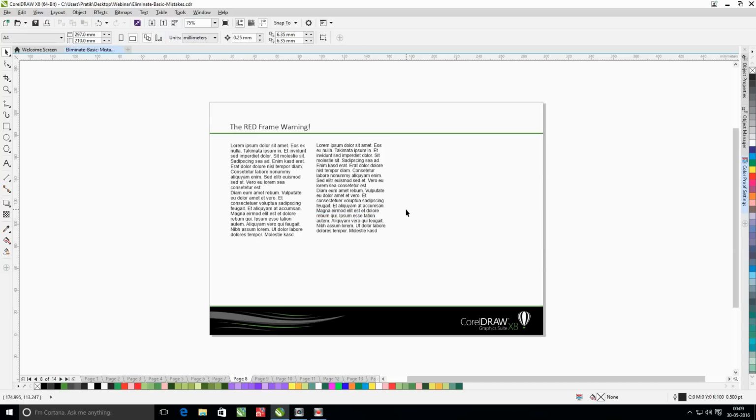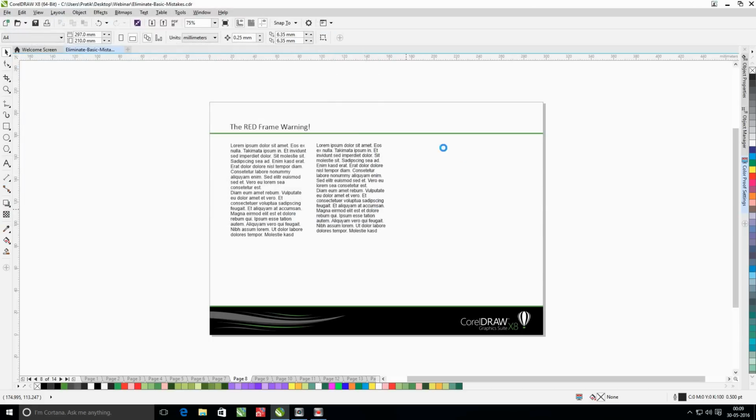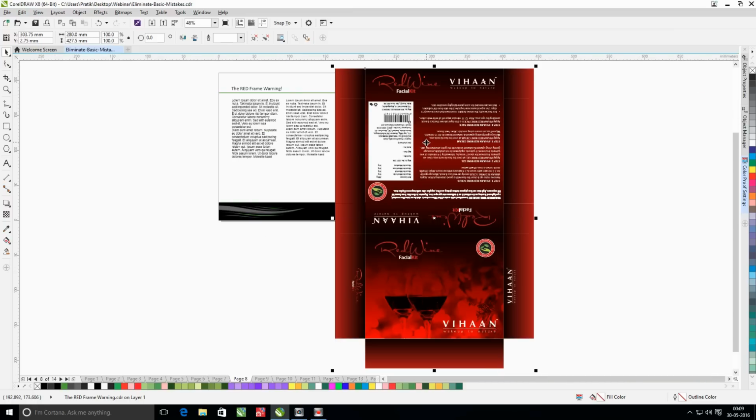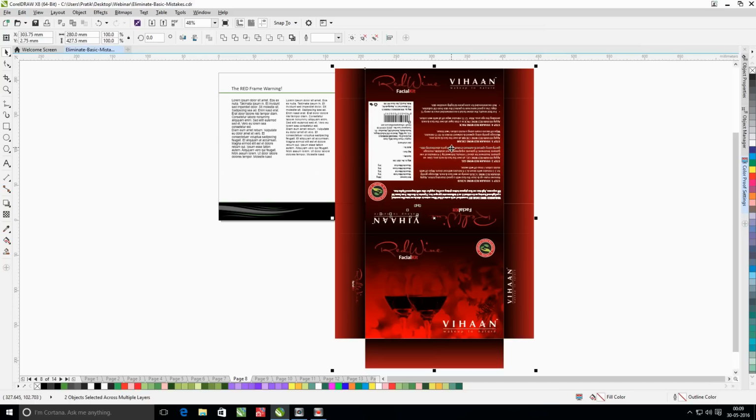Mostly this happens when you have a very complex design with a group of different objects. Like I have this group of objects I will import here. So let's say we have finalized the design, and I have to now finally reduce this design by a few millimeters.